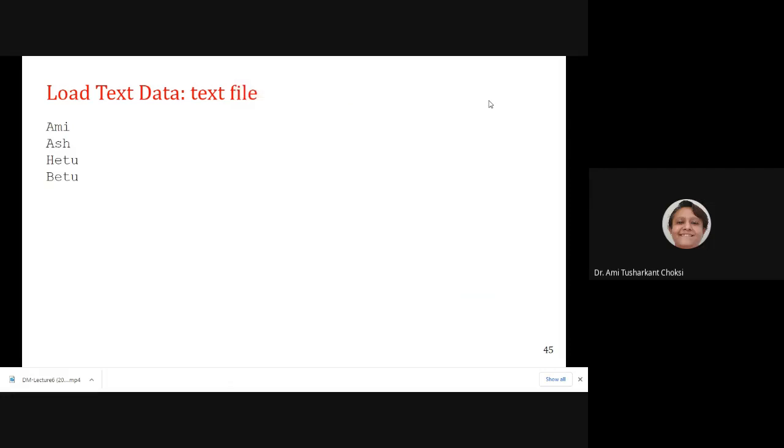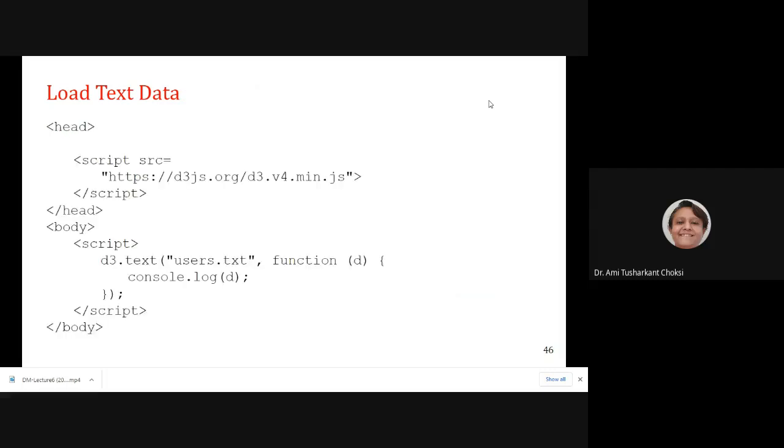Now we want to load the text file. For that, this is the content. To load the text file, we use script src, loading the D3 v4 version JavaScript. Then we can say d3.text in the body script.